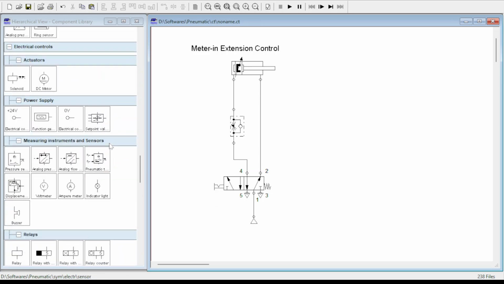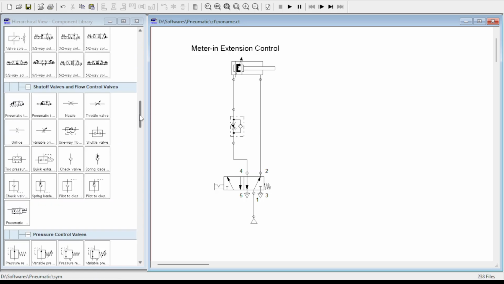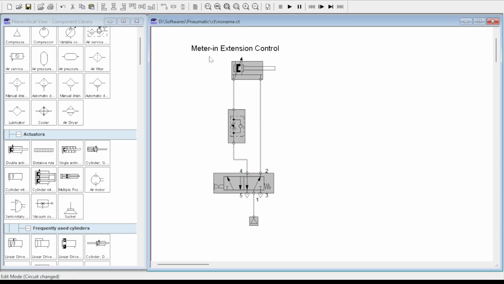Whereas for a meter-in retraction control, the circuit is to be connected in such a way. The one-way flow control valve is connected to the line between the cap end of the cylinder and the port number 2 of the DCV.